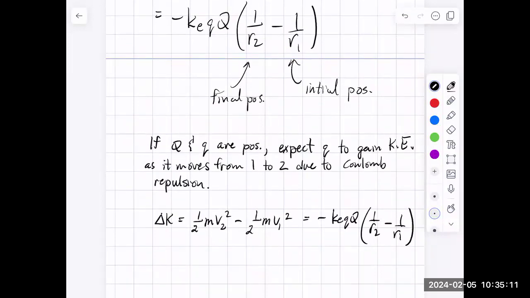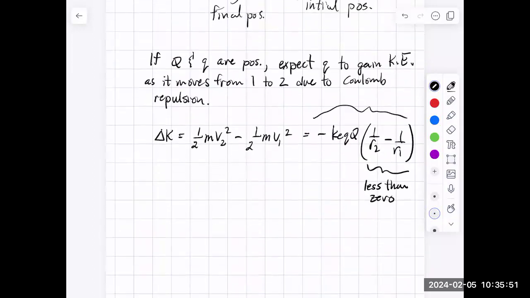So R2 is further away from capital Q than R1. And so 1 over R2 is a smaller number than 1 over R1. And so 1 over R2 minus 1 over R1 is a negative quantity. So this is less than 0. But then we take that negative quantity that's in the brackets and we multiply it by minus KEQ times Q. Since both charges are positive, overall,